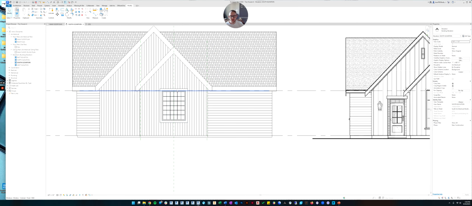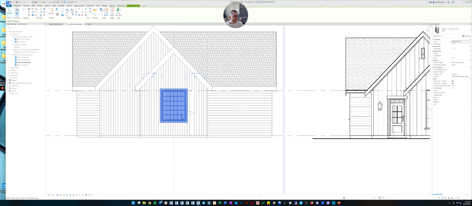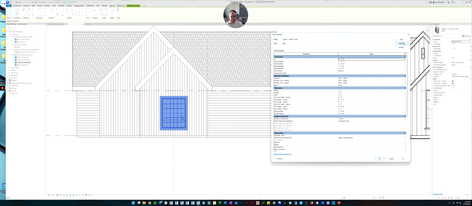So with windows, if you click in the window, there is something called the sill height. So let's move that to 1.5 feet off the ground. So now it's the right height off the ground, the sill is, but the window itself still isn't the right size. So let's click in there and we'll edit its type and we'll duplicate it. And you can follow the same naming or you can just label it whatever you want.